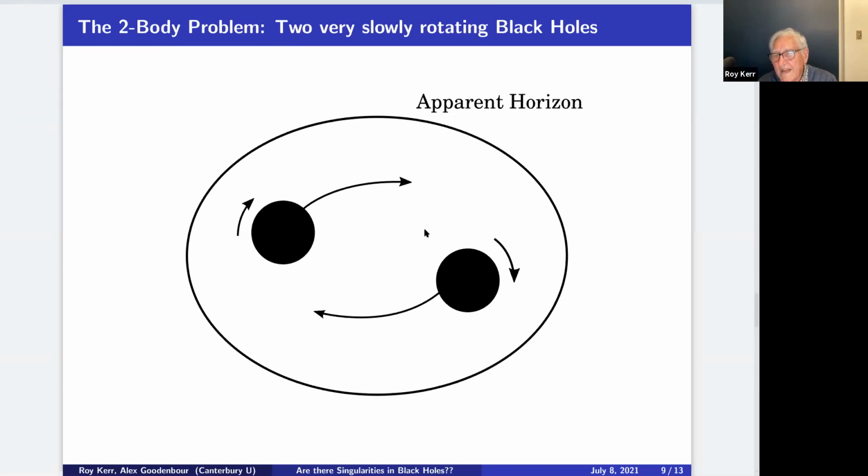Now, where does the singularity come in? I don't know, nor does anybody else. There's been 50 some years since I found my solution. And up to that time, there has been no theorem which says there's a singularity inside. Now, if you look more carefully at Roger's theorem and actually read it, what Roger says is either there's a singularity inside or there's a light ray of finite affine length.